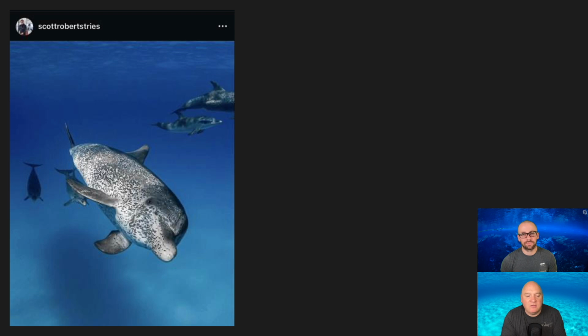Great eye contact. I think the spotted dolphins, when they're really spotty like this, are very, very beautiful dolphins. And I like the light in this. It's either the surface is a bit rough or the sunlight is a bit diffused because of high clouds or something like that. And I think that gives you a softer light underwater, which allows you to see more of the dolphin. Often when the surface is very calm, the sun is really harsh, which most people think is perfect conditions, you end up with a bit too many light patterns on the dolphins, and you can't